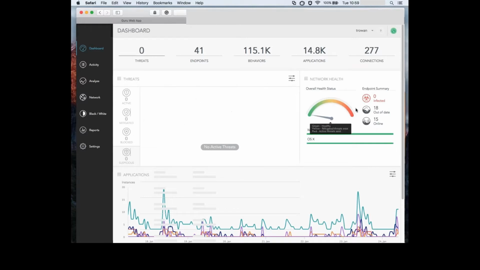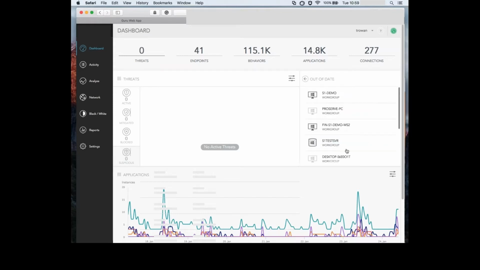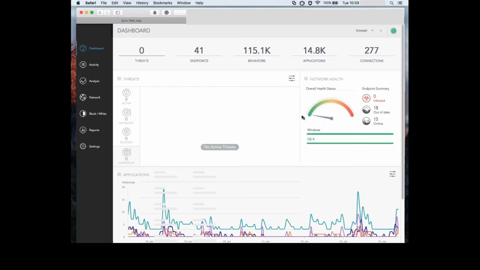I do have 18 systems that have agents out of date. So if I click on that over there, I can see that some of those agents need updating. I'll deal with that later. But I have 0 infections currently. This is the dashboard, the working list for anybody responsible for responding to anything that may be happening on the